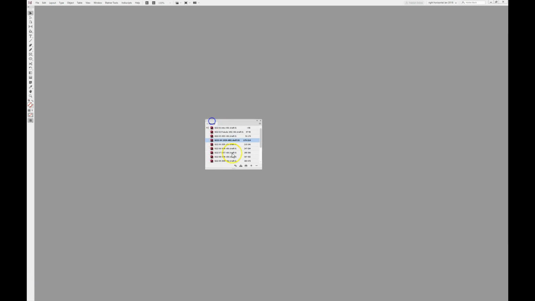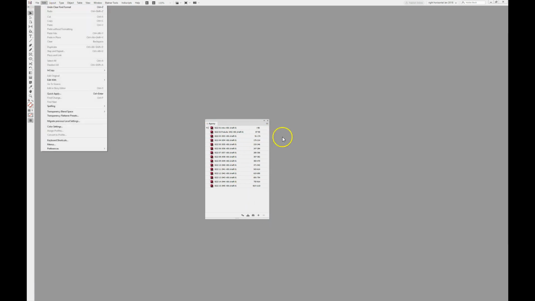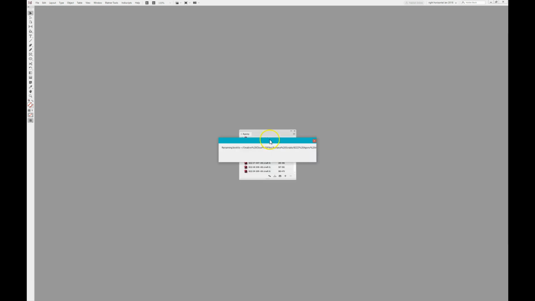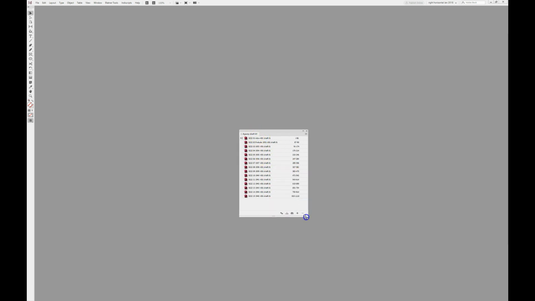So as we can see, we've created this book. It's got a whole bunch of files in it, and we have the option to update book draft. And as you can see, it's now called Agony Draft 1. There is no revision number.